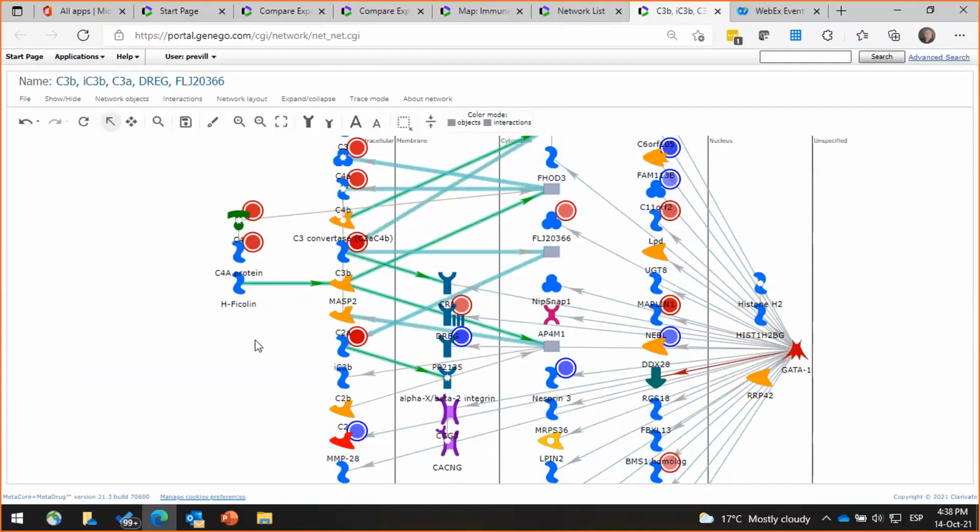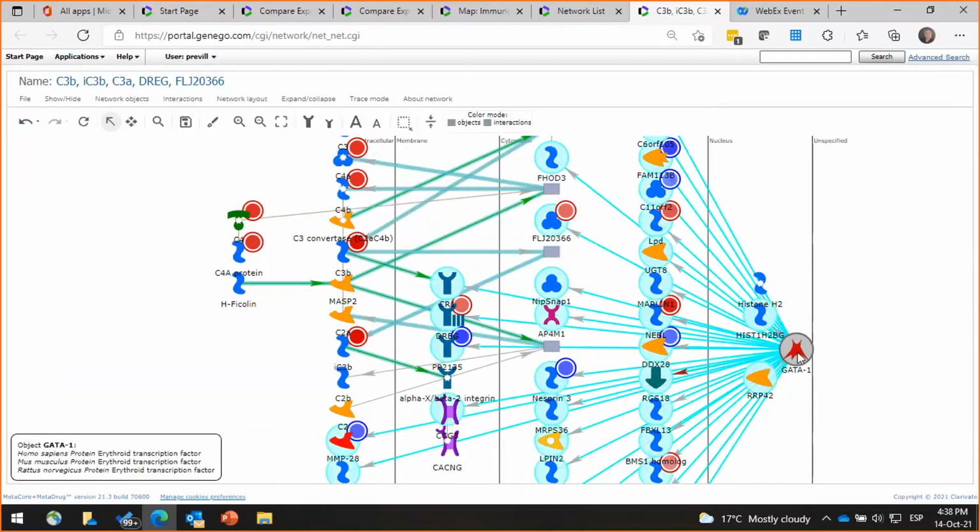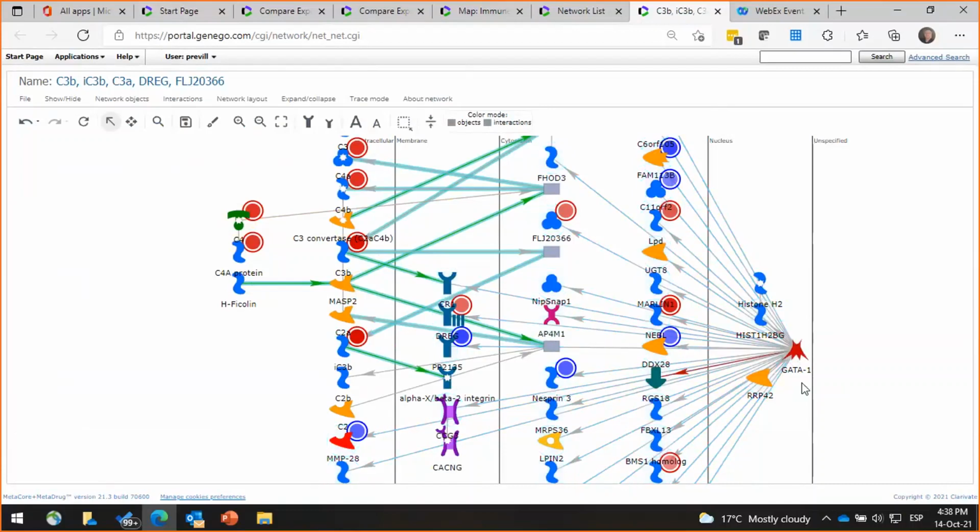We have a hypothesis that the alternative complement is somehow involved in the process where we have more infiltration of the tumors by the T-cells. We have a hypothesis that GATA1 transcription factor is an upstream driver of that. It itself is not necessarily overexpressed or underexpressed in the data set, but you wouldn't expect that from a transcription factor. So I would also then begin to take this further, and then I would start my investigation of